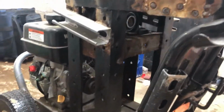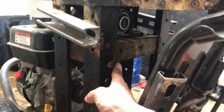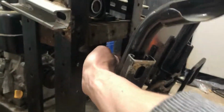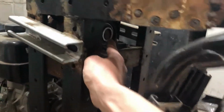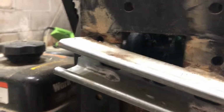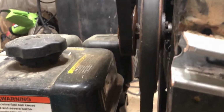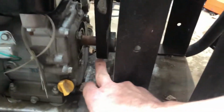Now you can see my secondary platform. I had to do this after the fact, which was real fun, and build just a box, get it in between the risers here, weld it in, and mount these pillow blocks. This is one shaft that goes through. You can see both of the pillow blocks in there, and it comes out to a pulley back here. Now this big guy here is an 8 or 10 inch pulley, I forget. It goes down to what I believe is a 2-inch pulley,